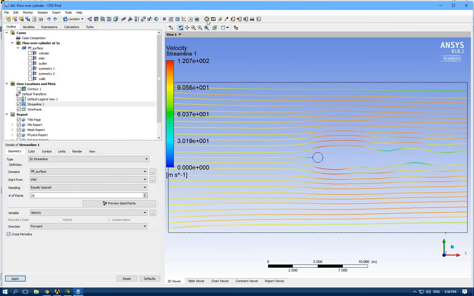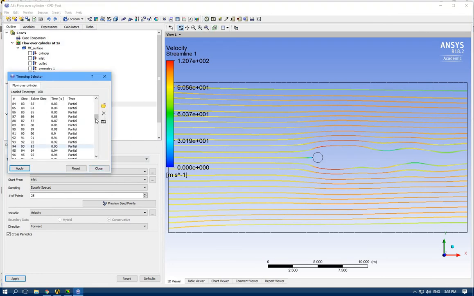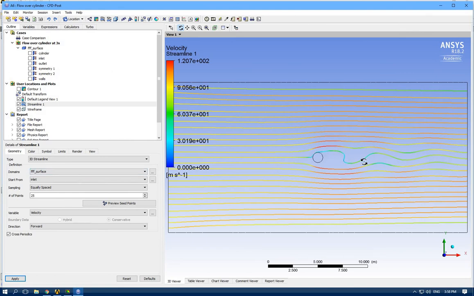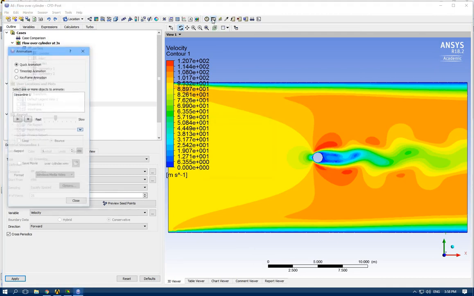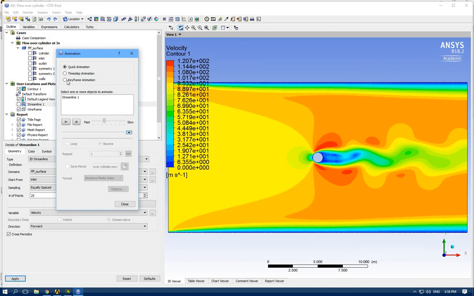Again, same thing, you can change the time step results and apply it, and you can see here we have some flow fluctuations after the cylinder. Let's turn off streamline and turn on contour. This time I'm going to generate a video. So animation, click the animation, and I want to create animation for time steps,